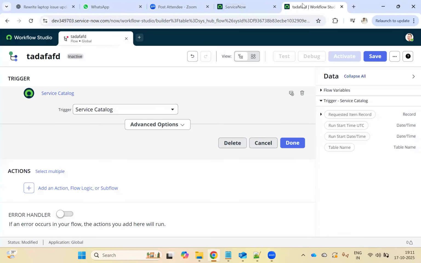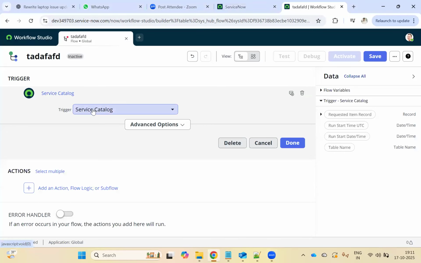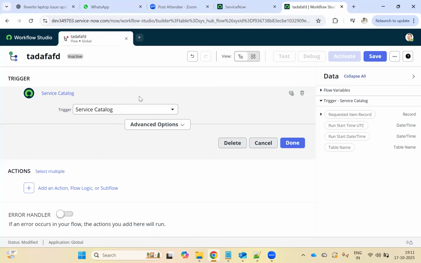As we saw yesterday, we were having some issue with the system. So let's start today with the fresh instance which I took. After taking a fresh instance, I am able to see this application. Under application, I am able to see service catalog, correct? Now I don't have any catalog here, but we'll take some OOB catalog which is available in the system, and try to